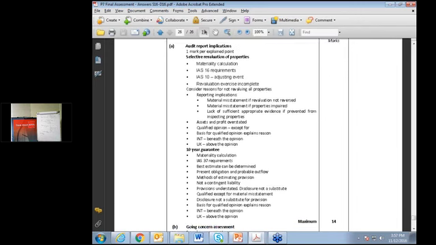Now, on part A, there were audit report implications arising out of property, plant, equipment, IAS 16, and also there was a subsequent event under IAS 10 associated